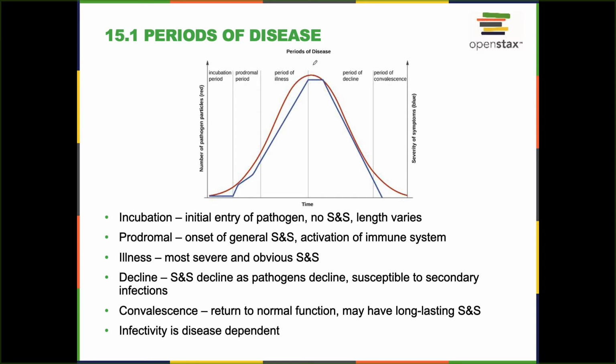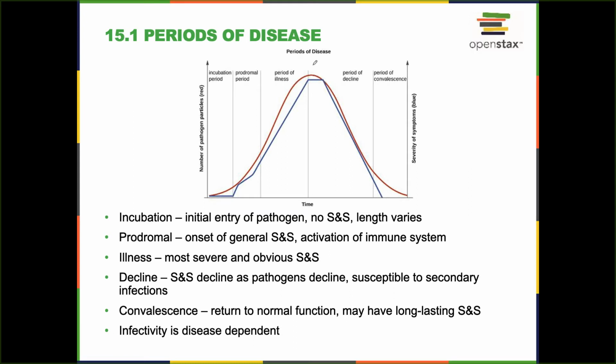And then we go to this period of decline, where our signs and symptoms start to decline as the pathogens start to decline. So the pathogen starts to get worn out. It starts to lose the battle. And then your immune system is starting to win and turn the tide here. The decline phase is typically when we're kind of over the hump and starting to feel a little bit better,